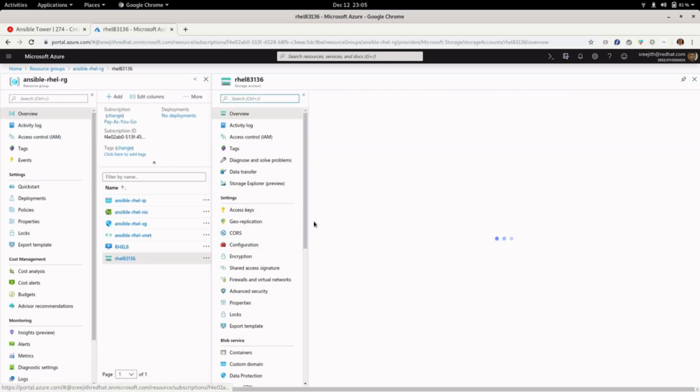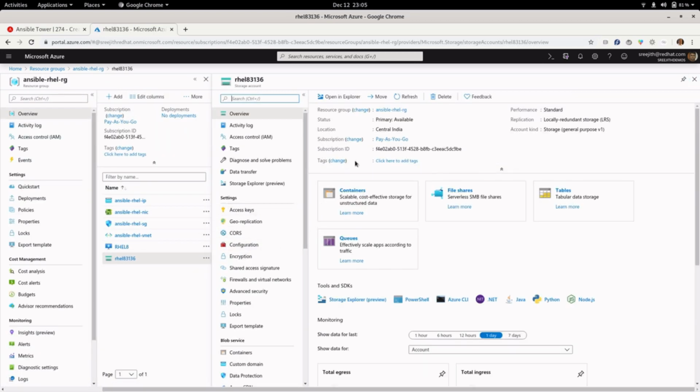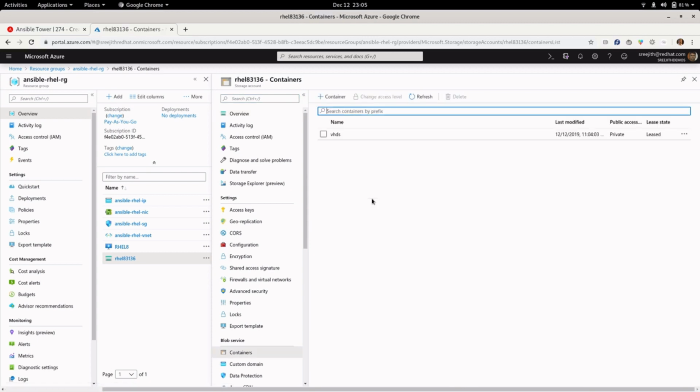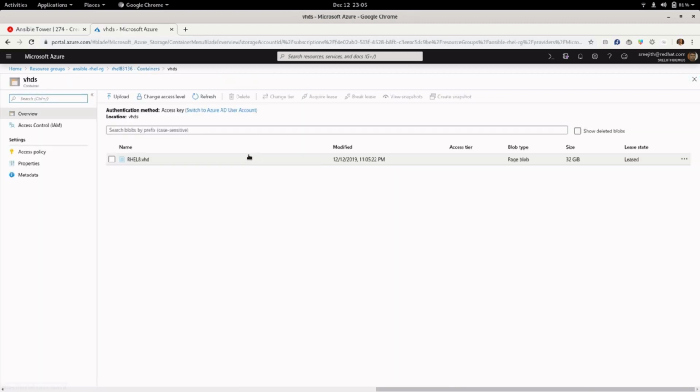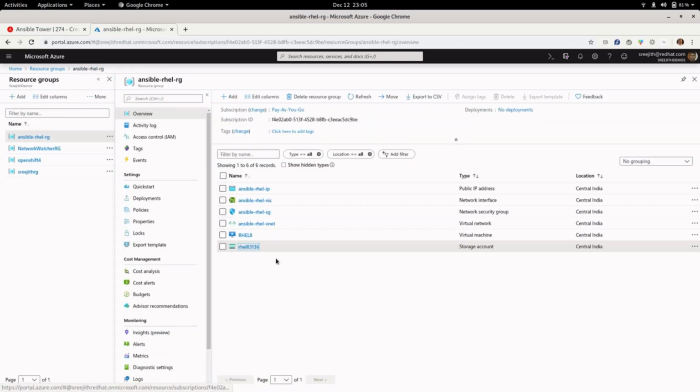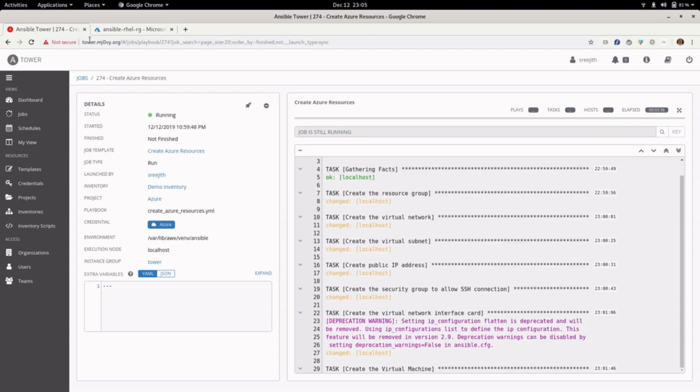If you look at the storage account which we created, go into the storage container, you would see a RHEL8.vhd, which is a virtual hard drive created for the RHEL 8 instance. So coming back to the resource group, you should still be seeing the virtual machine RHEL 8, the storage account, and the other resources which were created earlier.